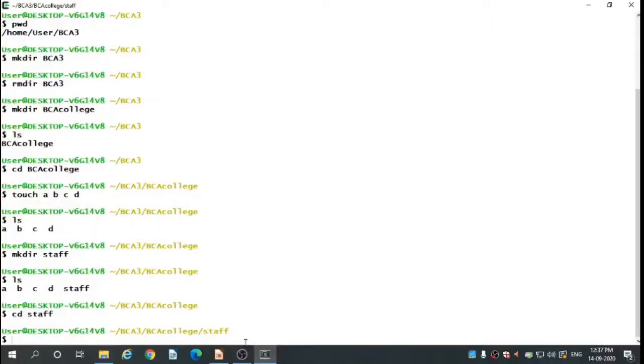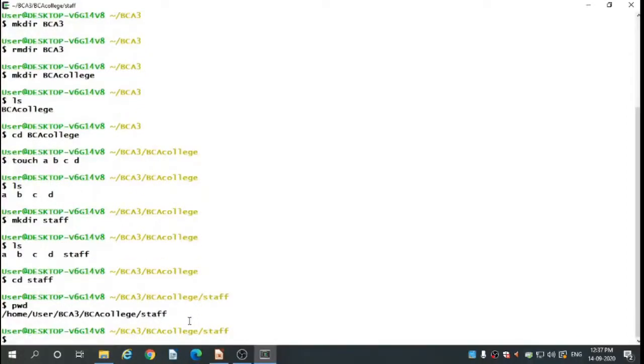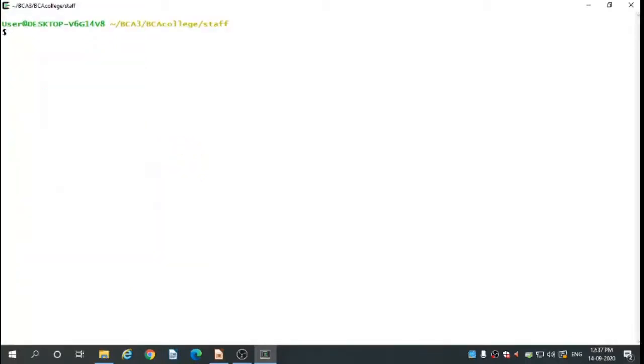If you want, you can type the pwd command here to see where your present directory is. It is coming next to it, but if you want to clear the terminal, you can use clear as the command and the enter button. It clears the screen. pwd shows the present working directory.